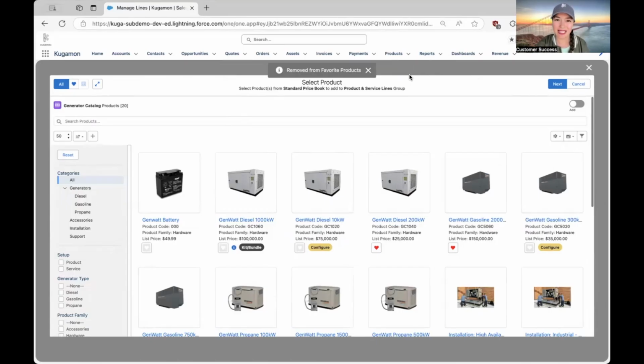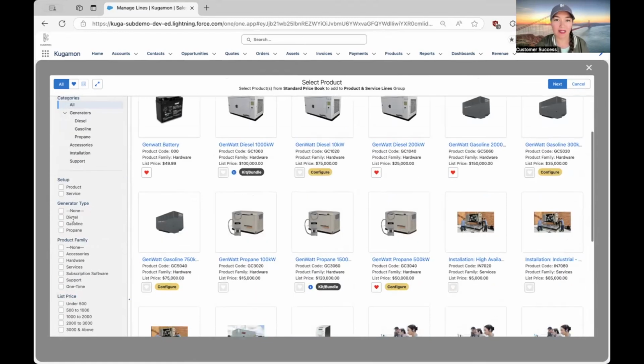I can also easily favorite a commonly used product, and favorited products can easily be accessed here within the favorites folder. I can also leverage this sidebar filter panel we have as an advanced filter functionality, built as if Salesforce were to build this functionality themselves. In other words, our functionality purposefully mimics Salesforce's existing functionality to make an end user's experience as seamless as possible